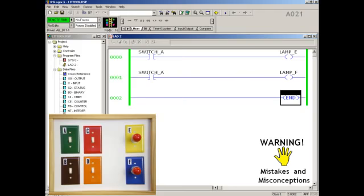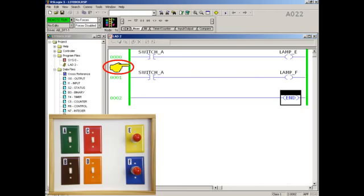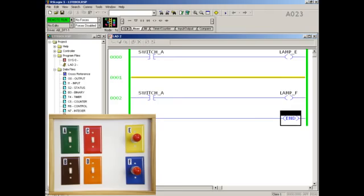Now let's crank it up a notch. Keep your eye on this area right here. We're not going to make any changes to the two rungs we've already checked out, but we are going to slide a new rung right in between them. If you're like 99% of our students, you've already been through someone else's PLC training, and the explanation that we ran through a few seconds ago was probably very similar, or sometimes word for word, to what you've already been taught. And let's be honest, those mistaken explanations will work okay, but only as long as you stay at the